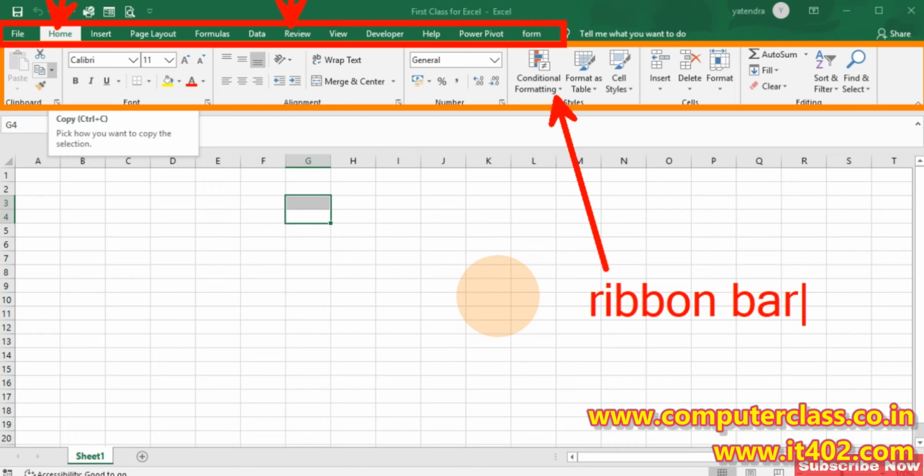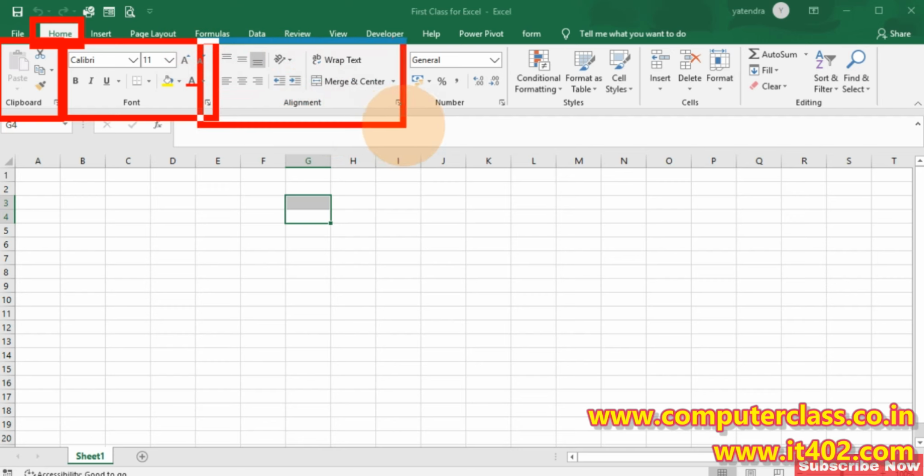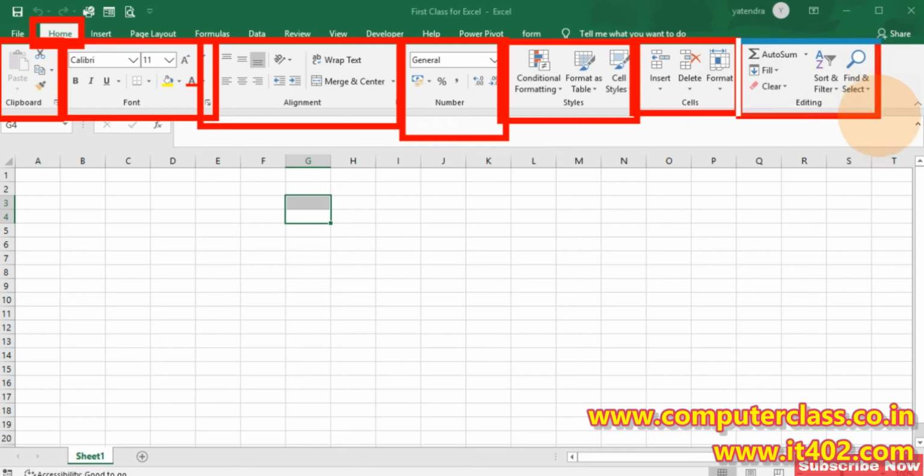And the ribbon bar options are also categorized in groups, so you need to identify that too. First I will clear the screen, and after that I will try to explain the groups. This is the first group inside the Home tab, this is the second group, the next group, the next group, the next group. After clicking on any of the tabs, there are lots of options inside the particular tab.